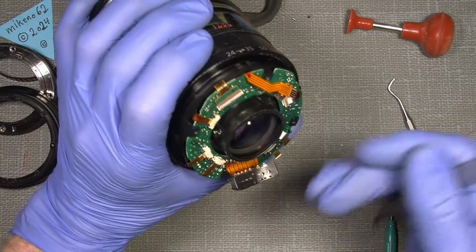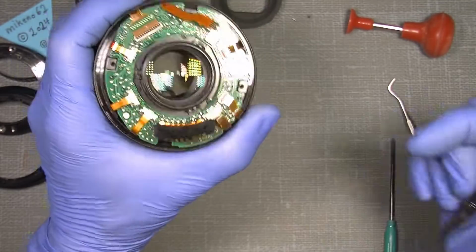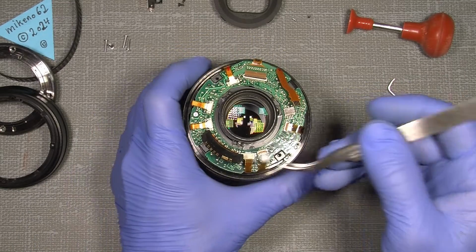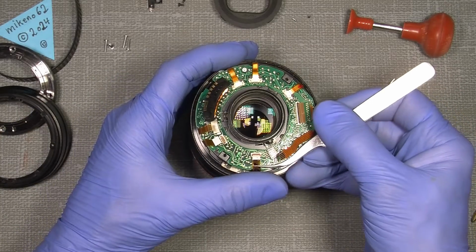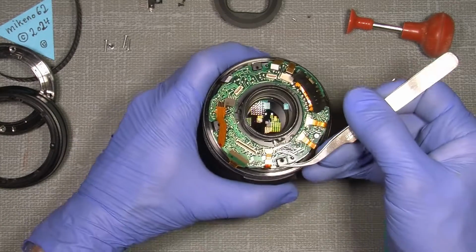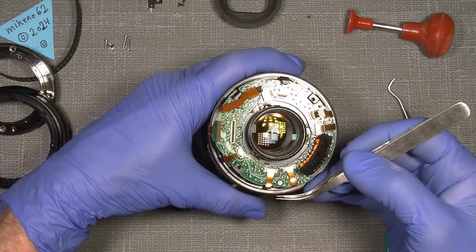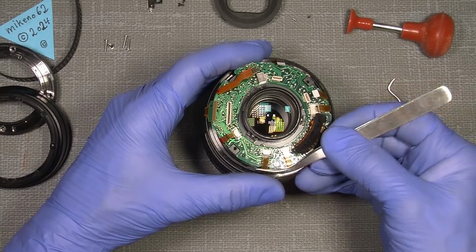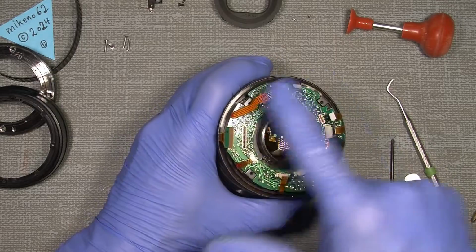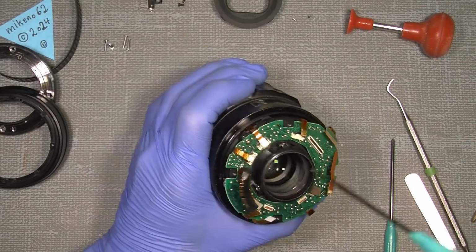There could be some adhesive tape on the back side of this little one, maybe you can see it here on the back. There is some sticky kind of tape. So if the cable sits too tight, be careful. So there, and this big one, not a problem, and this, no problem. I can see other people have been into this lens. Maybe it has been repaired earlier. So now all flex cables are free, and the circuit board sits with one screw up here,